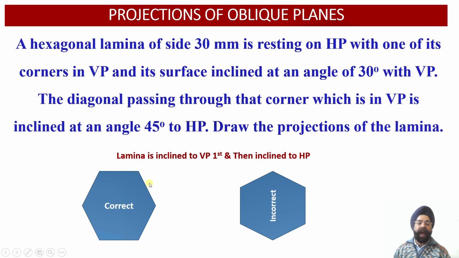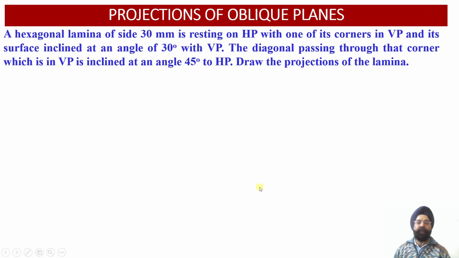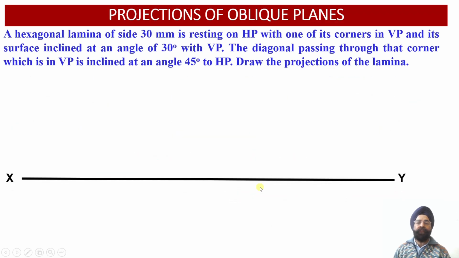So this is the correct orientation of the hexagonal lamina with respect to the two reference planes, that is HP and VP. Now let us proceed with the construction of the orthographic projections of this oblique lamina. As we know, the true shape of this lamina will be available in the front view projections,